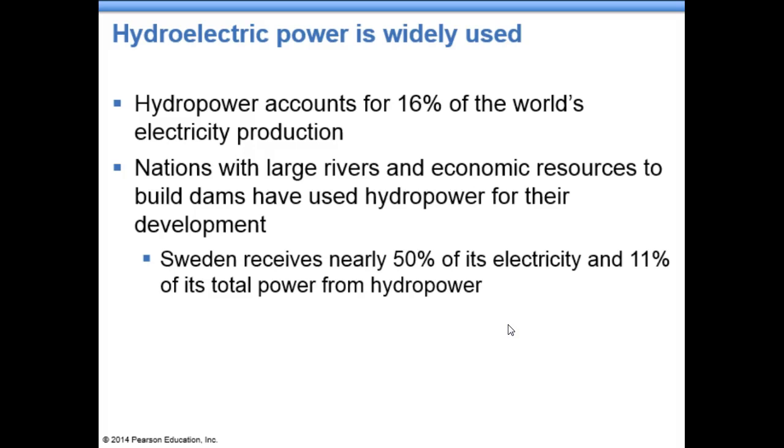In 1980, there was a referendum to phase out the nuclear power plants, and many people had hoped hydropower would be the way that they would go. But Sweden had already dammed so many of its rivers that it couldn't gain too much additional hydropower by erecting more dams. And there were a lot of citizens who wanted to keep the remaining rivers undammed and preserved as natural as possible.